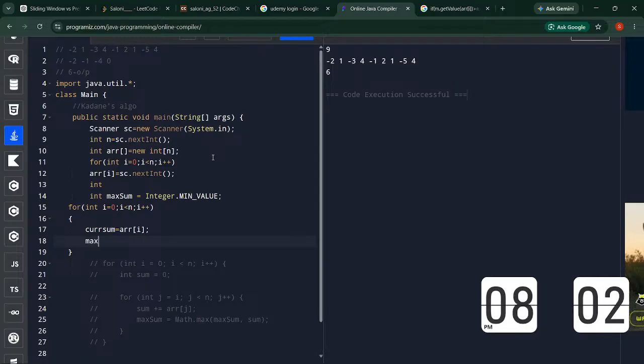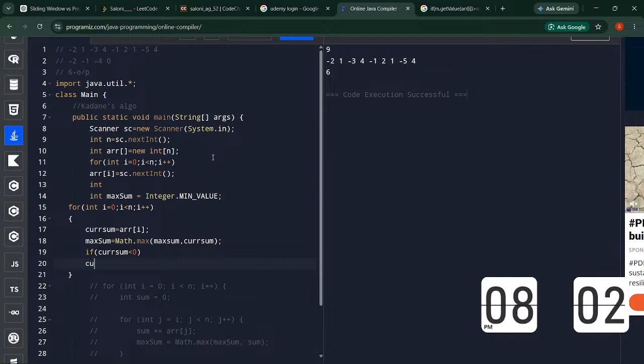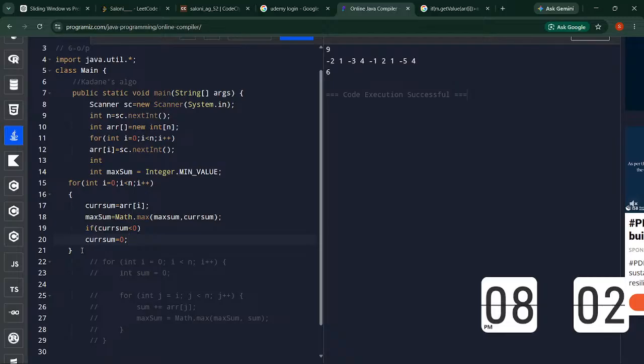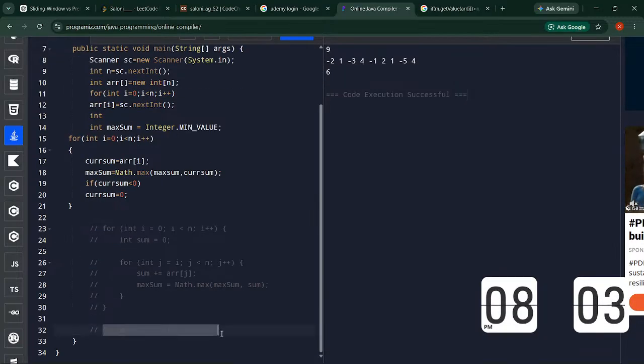फिर हम एक मैक्सिमम वेरिएबल लेंगे, उससे हम डालेंगे मैथ डॉट मैक्स मैक्सिमम कॉमा करेंट सम। और अगर हमारा करेंट सम लेस देन 0 हुआ तो हम अपने करेंट सम को 0 कर देंगे, क्योंकि कोई सेंस नहीं है ना, वो आपके सब एरे के मैक्सिमम सम को घटा ही रहा है। फिर एंड में हम आई गेस मैं इसको यहाँ से भी कॉपी कर सकती हूँ, वेस्ट टाइम, प्रिंट कर देंगे।